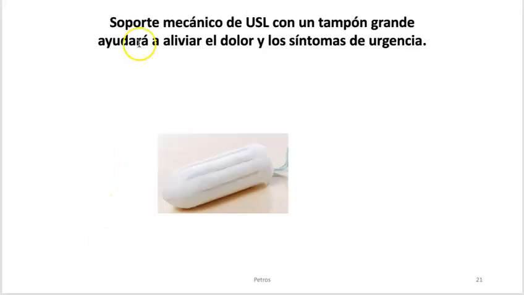Now, what do you do if a patient comes to you with urgency and chronic pain and she does